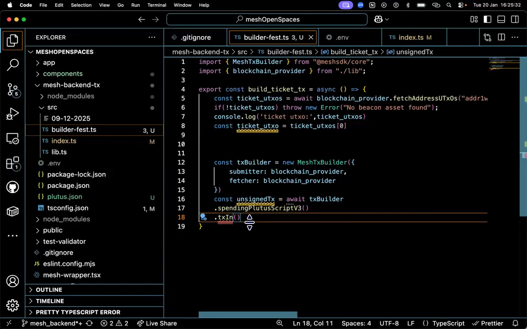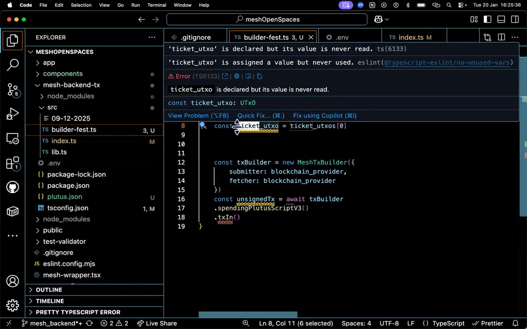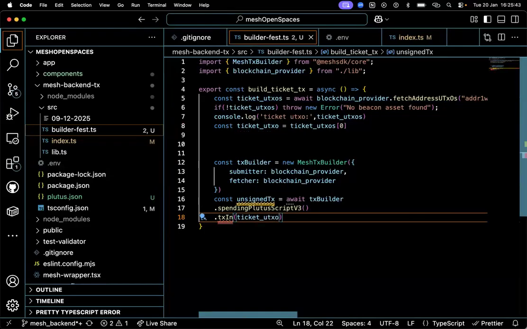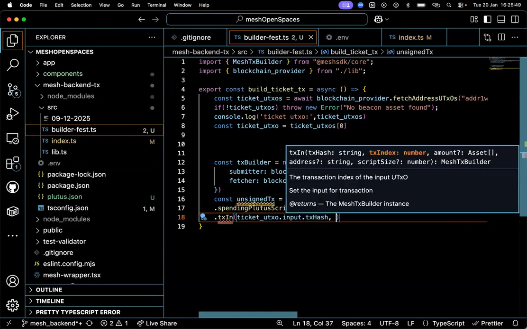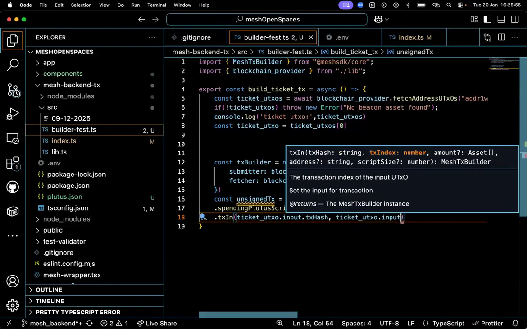The naming is also a problem, but let's just go on. Dot input dot tx hash, and we are going to do the output index as well, dot input dot output address.